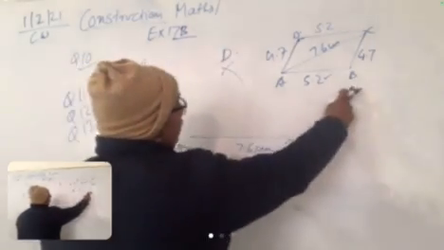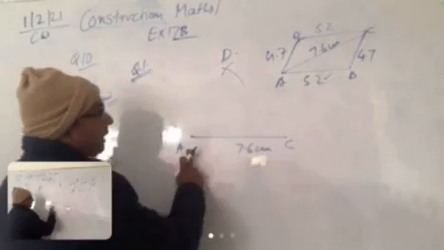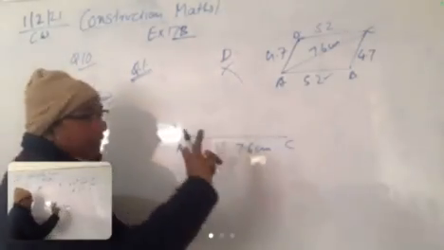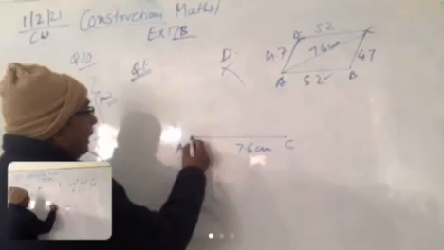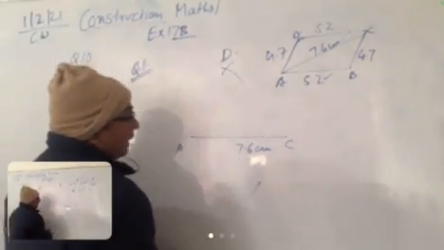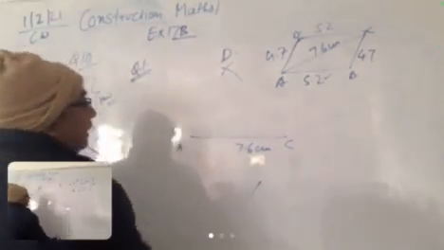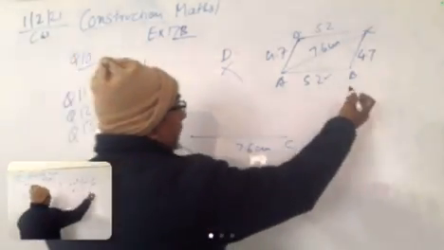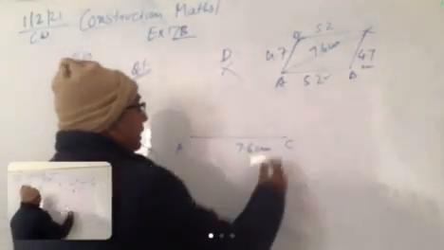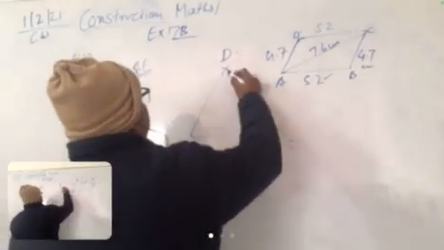Now we have to draw point B. So put the compass at A again and mark 5.2. Take a radius of 5.2 centimeter and with the center A, draw an arc like this. Then the last side is 4.7. So take a radius of 4.7 and cut the previous arc and join the points.